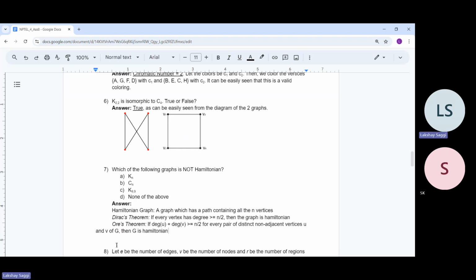So I hope you get what this theorem means. So this theorem just says that